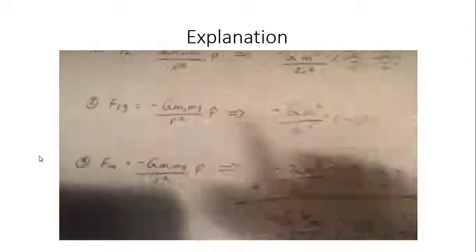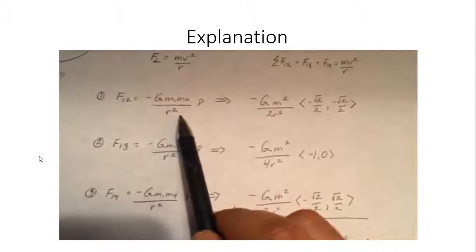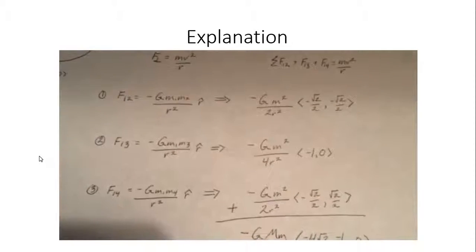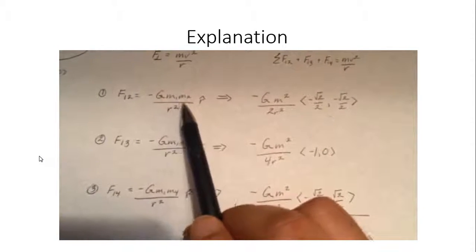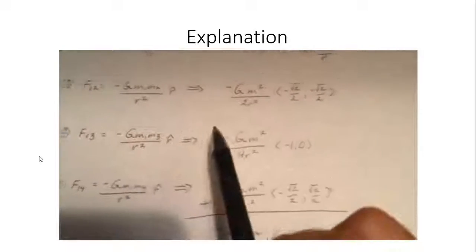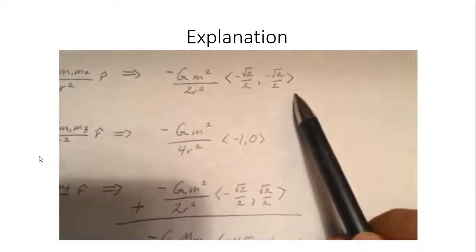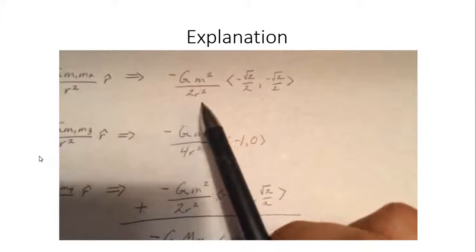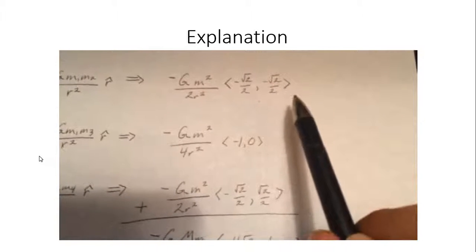Solving for these forces, we use our normal force equation of negative G m1 m2 over r squared in the r direction, substituting in the appropriate masses: m1 and m2, m1 and m3, and also m1 and m4. Then this gives us these corresponding values once we plug in for our coordinate system that we created. So we have negative G m squared over 2r squared, negative root 2 over 2, comma negative root 2 over 2